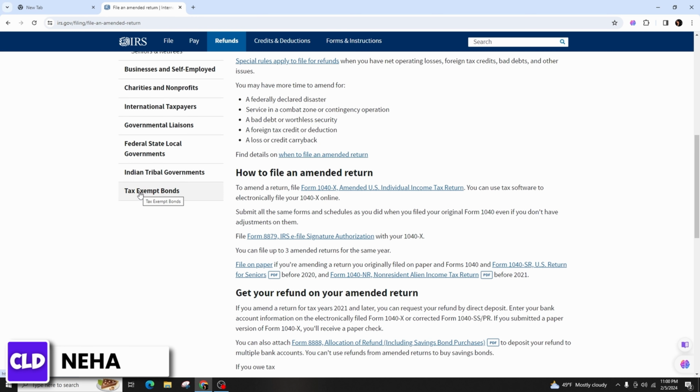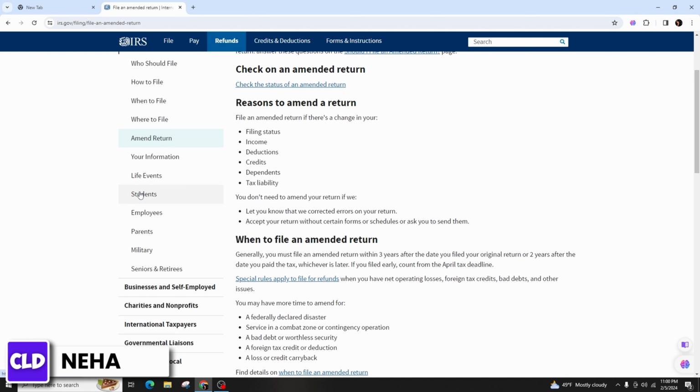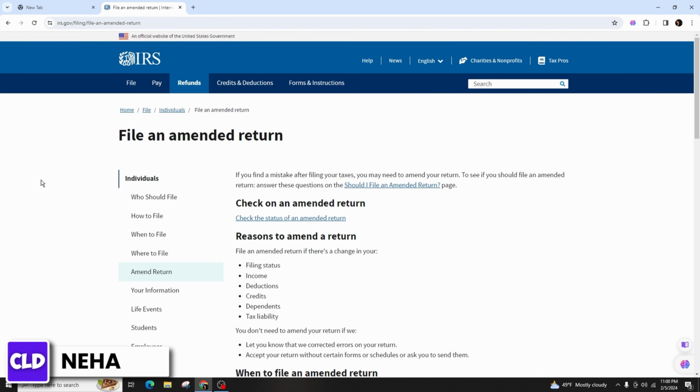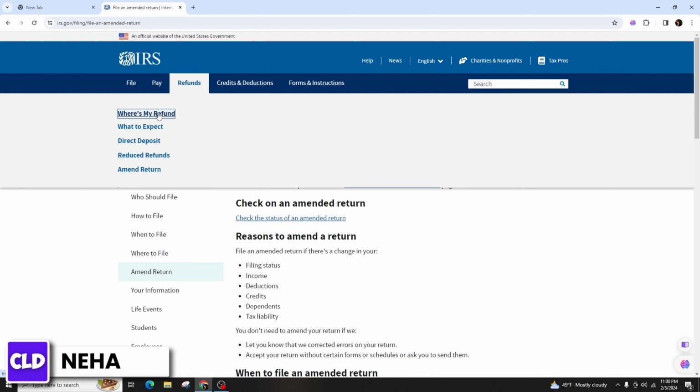Then after, mail the completed Form 1040X to the address specified in the instructions. The address can vary depending on your location and whether you are expecting a refund or owe additional taxes. And after you mail the amended return, allow some time for the IRS to process it. You can check the status of your amended return using the Where's My Refund tool, which is on the IRS